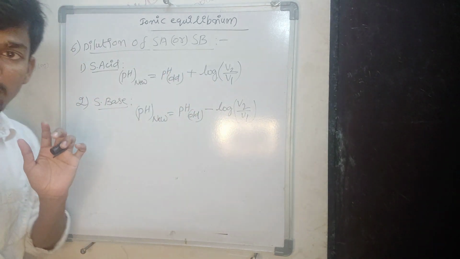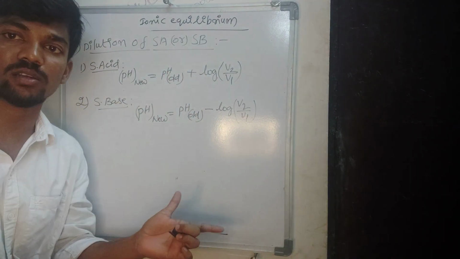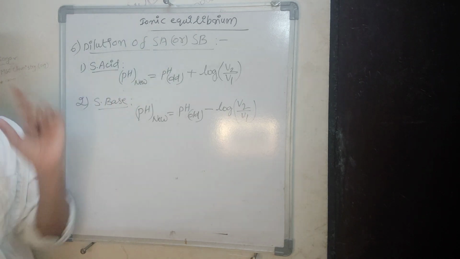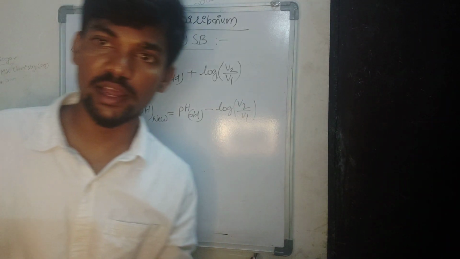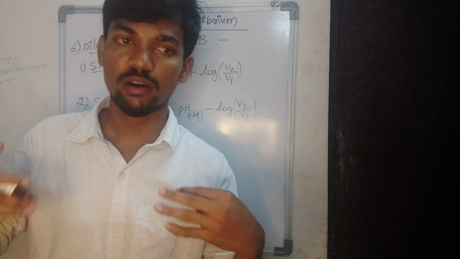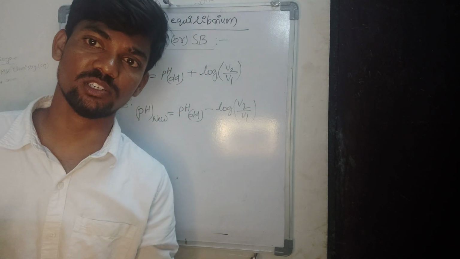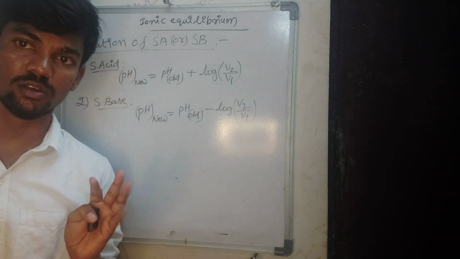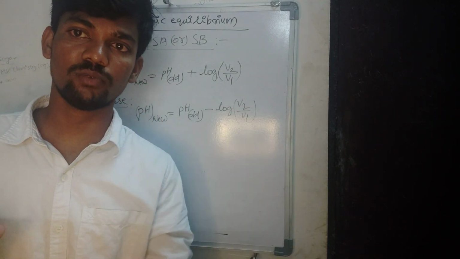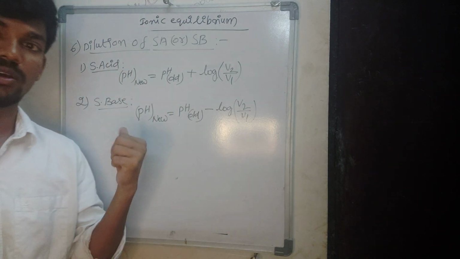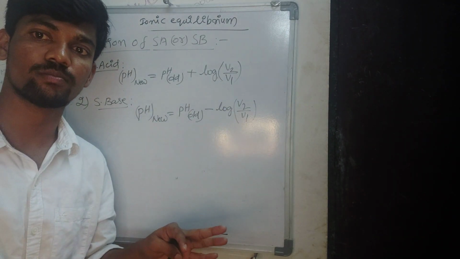So these are the main formulas to get pH for dilution of strong acid and strong base. If they are given normally, we can find it easily, but with dilution, how many times it is diluted, pH will change. That's why we can easily find it by using these formulas. Don't forget, remember it. We will go through some problems, understand?